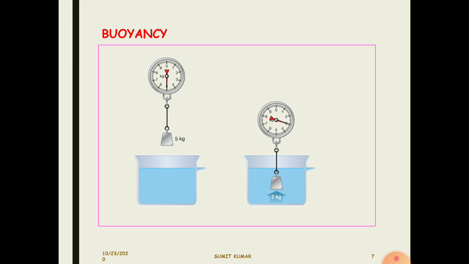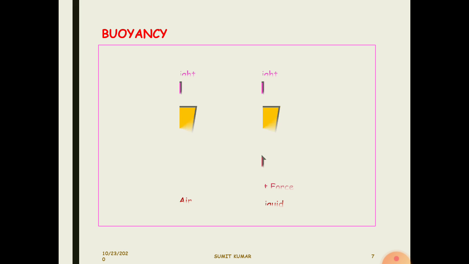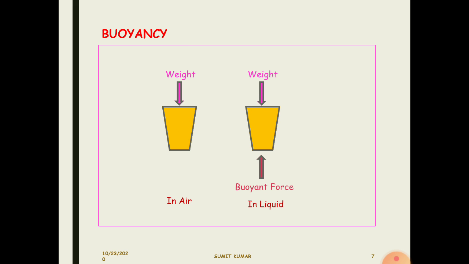I think you are all aware of one incident: when a bucket full of water is inside the well, it is light in weight, but when it comes out of the water, it becomes comparatively heavy. The net weight of the submerged body is reduced from its actual weight by an amount that equals the buoyant force. It is because when it is underwater, there is a force acting on the bucket against gravity, in a vertical upward direction, which reduces the weight of the bucket. This vertically upward force exerted by water on the bucket is called buoyancy.